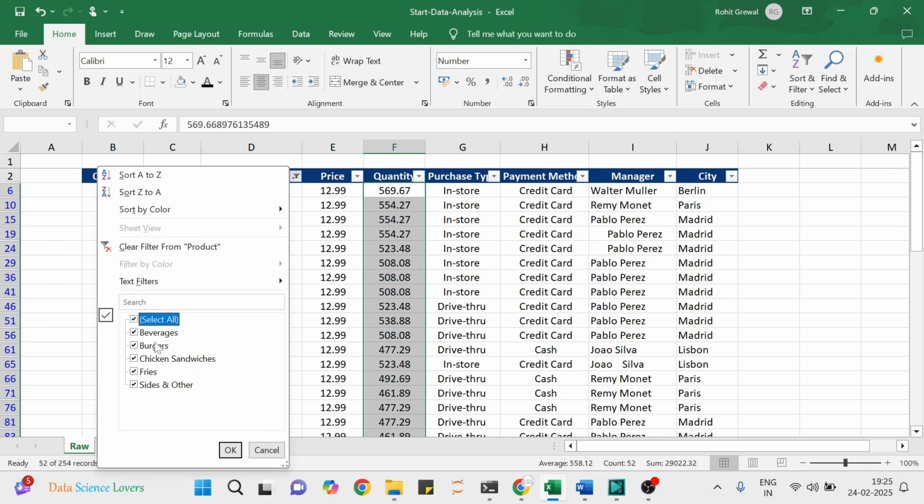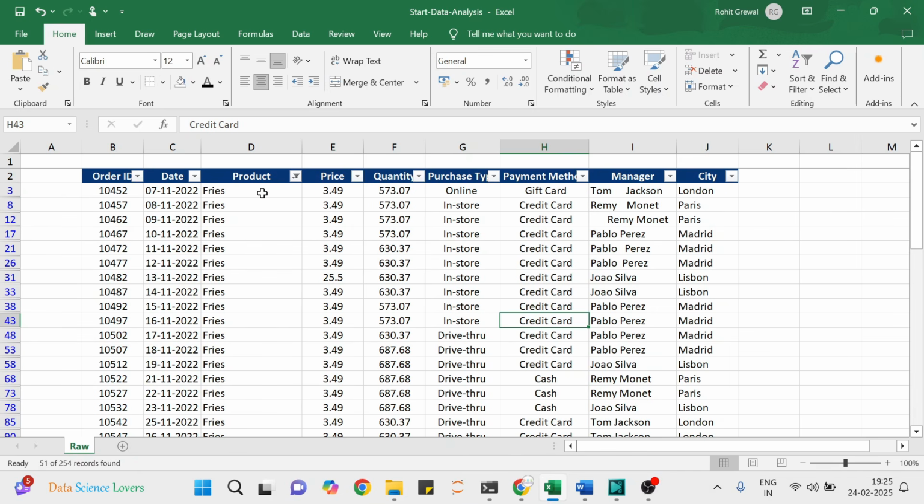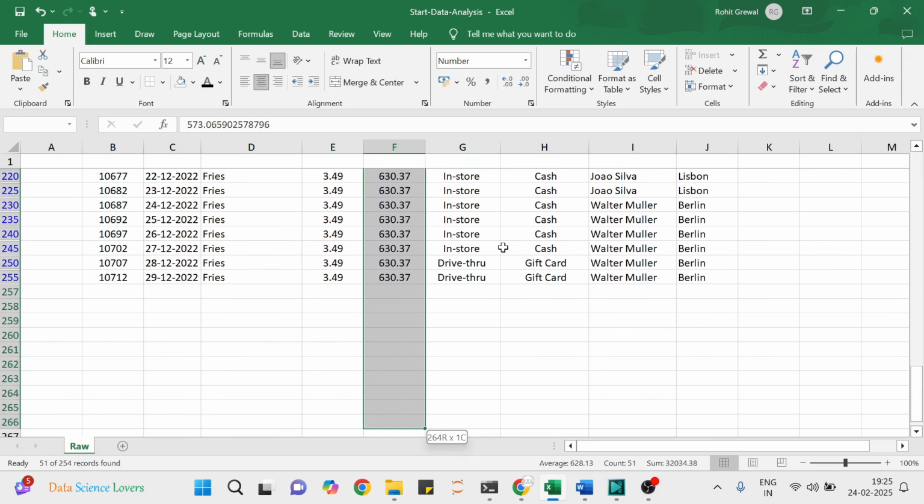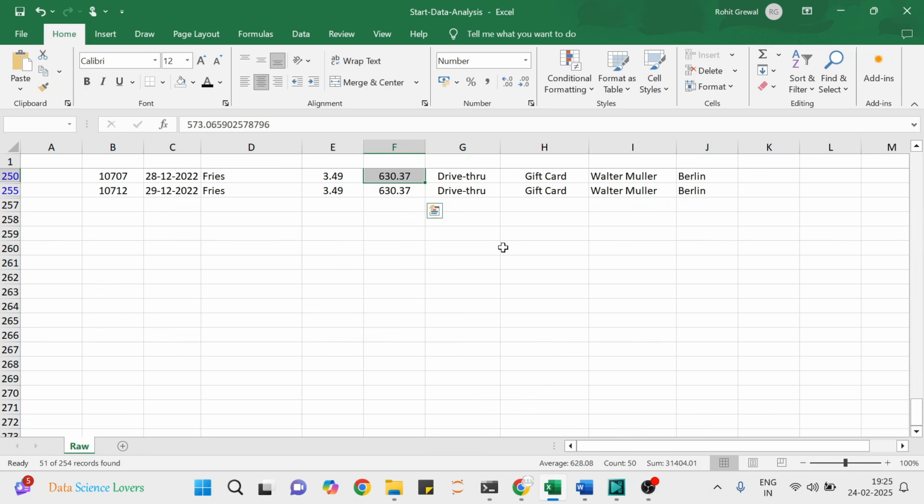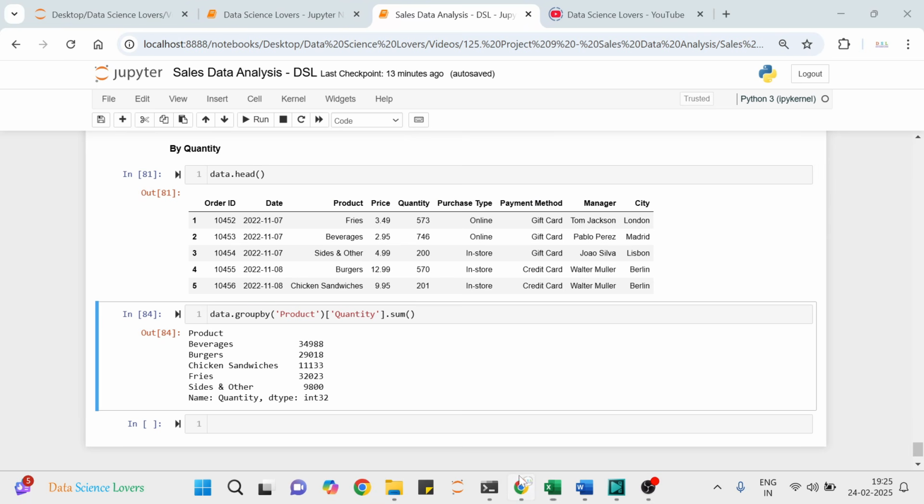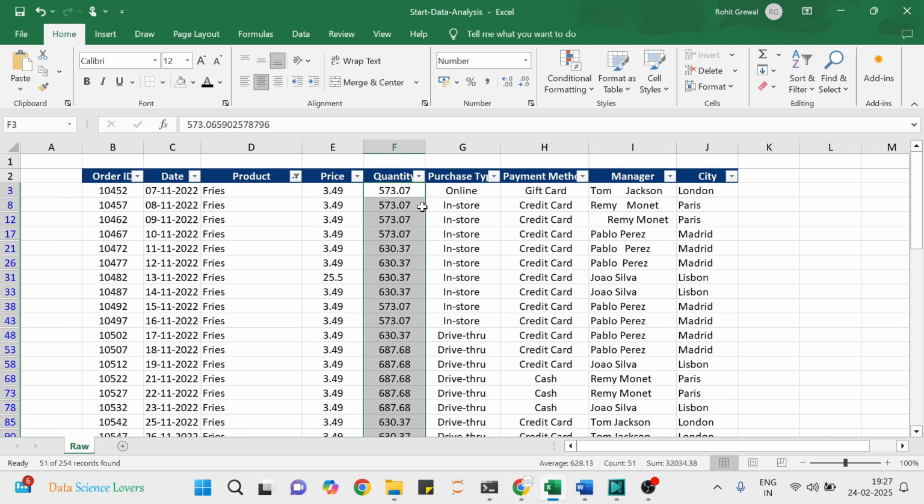Suppose we take another value like fries. In fries it will consider only the fries value from this product column, and it will do the sum of all quantities against it. Okay, here if you see, the total sum is coming 32034, and here also it is 32023. So that's how group by works. Again I am telling you, the little difference in this sum is due to the round off of the values